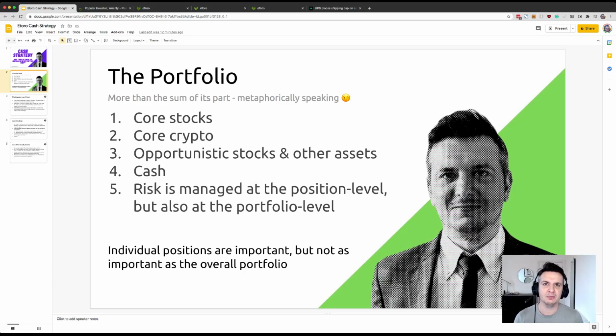because my portfolio is made up of a number of different assets. They could be all stocks at certain points in time, but they have different risk profiles. They have different risk values, whether that is the beta value, or my perception of those stocks. Some of those stocks are high risk, medium risk, and low risk. And so I use all of these different parts of the portfolio to manage risk and reward overall. I don't expect all positions to win all the time, but I do expect overall the portfolio to win all the time. So my portfolio strategy, in a very abbreviated summary, is I've got a core